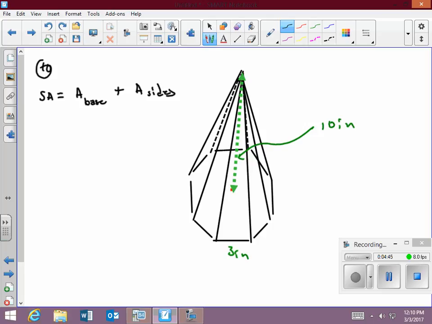Now the area of the base is, let me look back. The whole formula is on page 149, but I'm looking for the area of the base. And the area of the base is